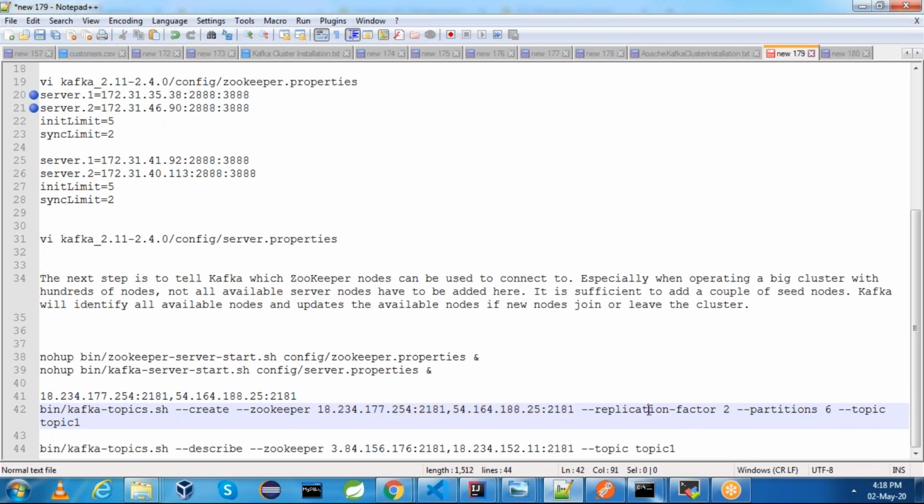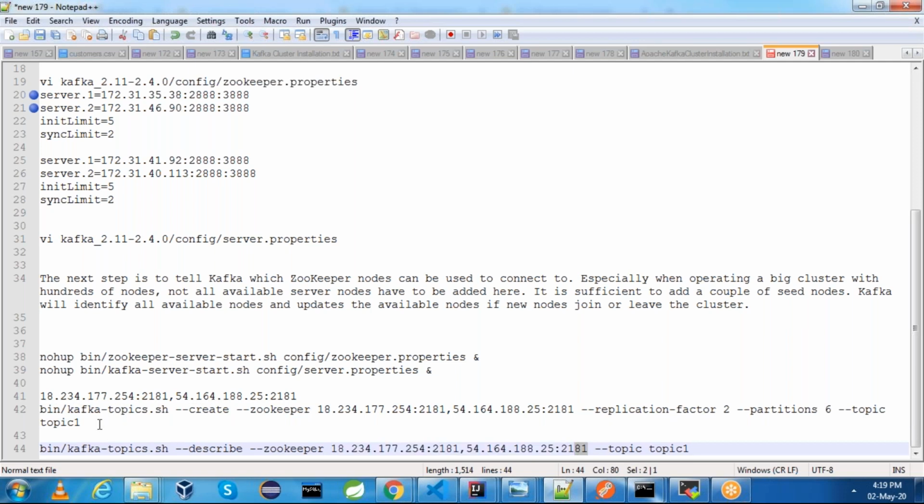With replication factor 2, I am going to create 6 partitions so that my data will be replicated across both the hosts. 3 partitions will be on one server, the other 3 partitions will be on the other server, and all will be in sync with each other. Let me execute this command, then you will understand easily.